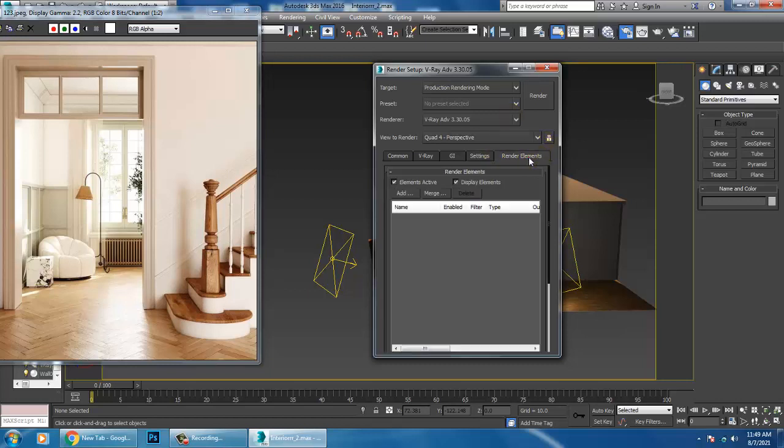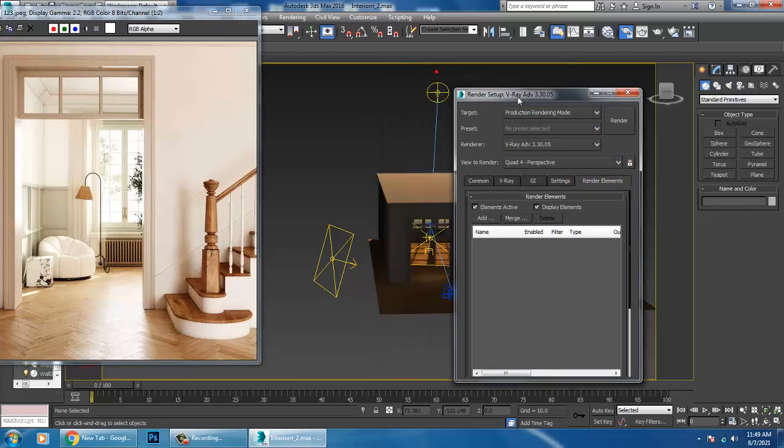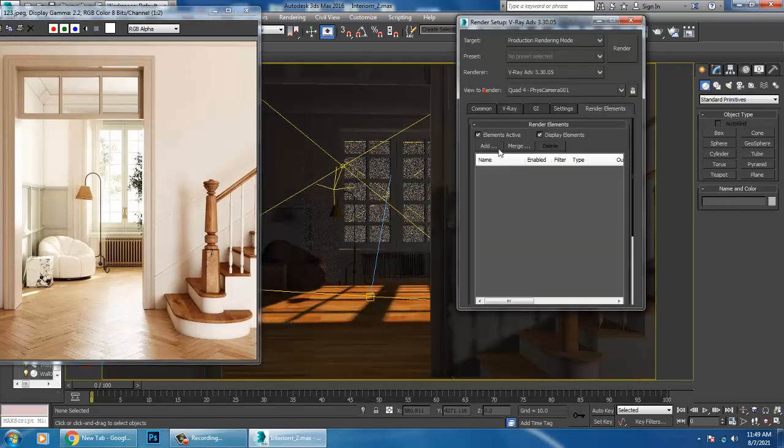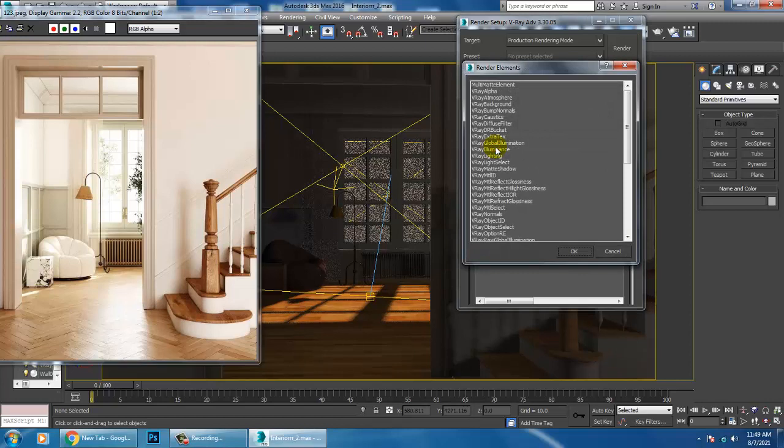After that, I'll go into the render elements. Let's go back to the camera view. I'll go into this and I'll add a few light passes. Let's take a V-Ray diffuse filter, V-Ray global illumination. Let's go down. V-Ray reflection, V-Ray refraction, self illumination, specular, shadows, Z depth. So definitely we'll be adding that.